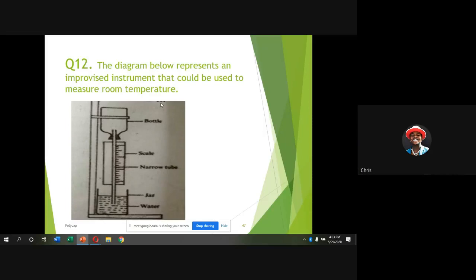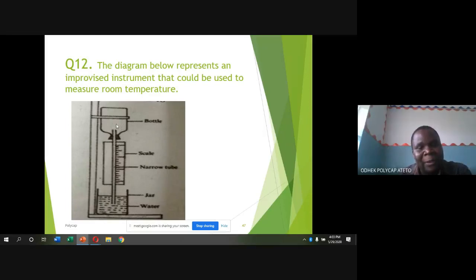The one that is going to expand is here in the thin walled glass. This thin walled glass, the air which is inside here is the one that is going to expand. Is that correct? Yes. And then when it expands, it will move that ink that you are saying inside the narrow tube down. And that's why the scale of air